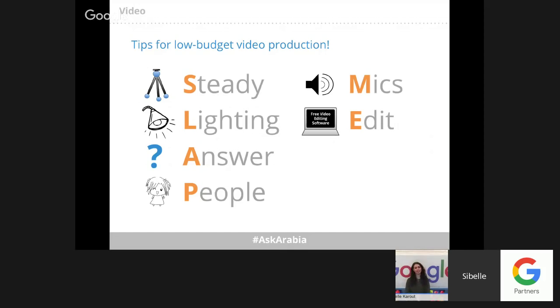And finally, edit. As we mentioned earlier, we do have free editing software, and it's available in very large numbers, and you can easily obtain it. However, you need to make sure that you select the best takes, add the appropriate music, create very simple titles, and avoid the fade in, fade out video transitions, for example. Make sure your video is very simply edited and the correct scenes are the ones that are included to make sure that the whole overview of the video is very professional and very well created.